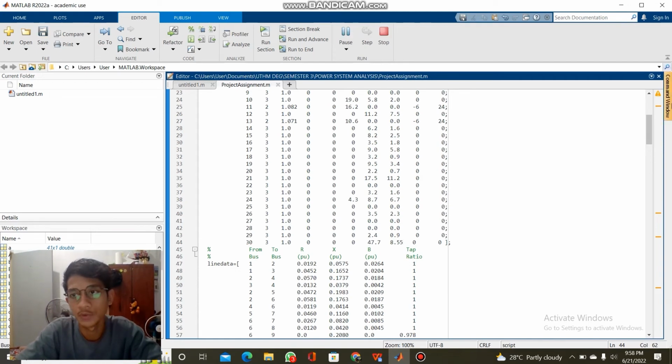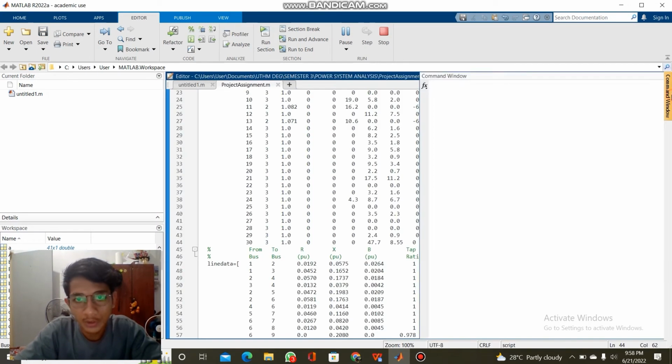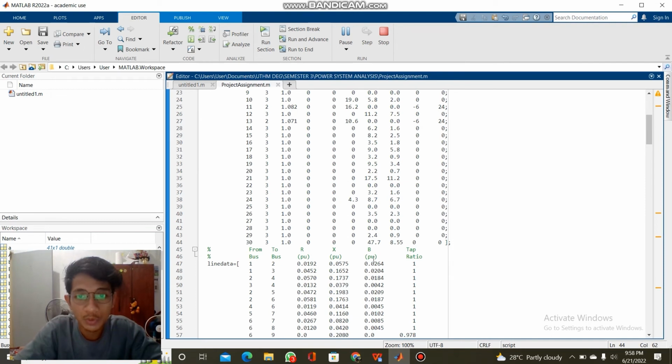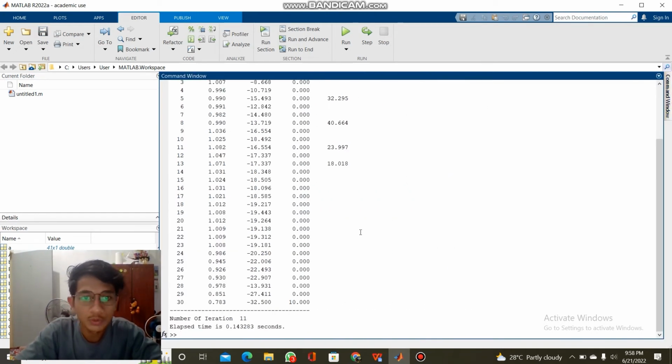This is where the system will collapse. As you can see, the command cannot generate the system. So what we must do is go back to the previous system, because the system has collapsed. So I start from 10, and we run the system. As you can see here, it can run again, but the number is not within the range value.